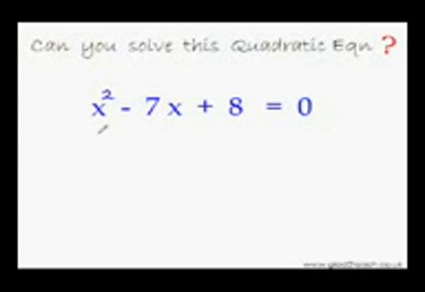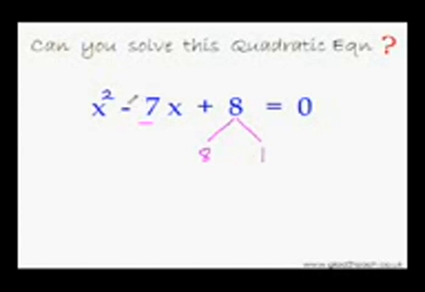So could you solve this quadratic equation? I very much doubt, as this quadratic equation was a tricky one, though it looks very simple and harmless. At the first glance, you think that the two factors of 8, whose sum or difference is 7, would be 8 and 1. Isn't it? Difference of 8 and 1 is 7. But try adjusting the signs and you will know that something is wrong.